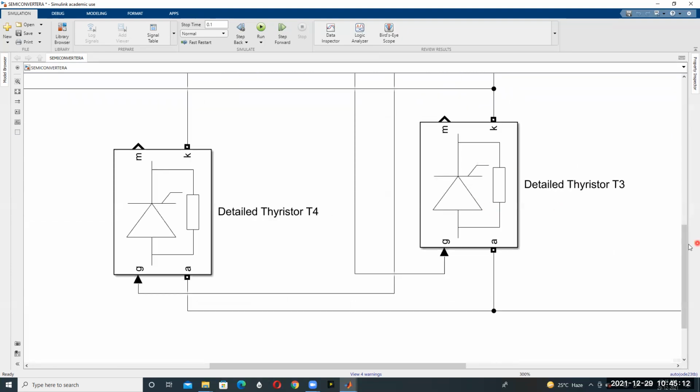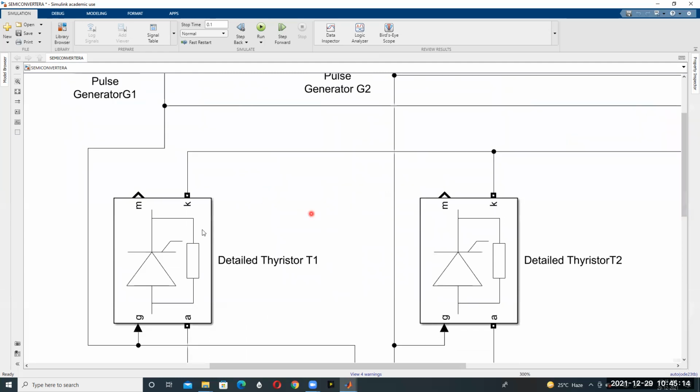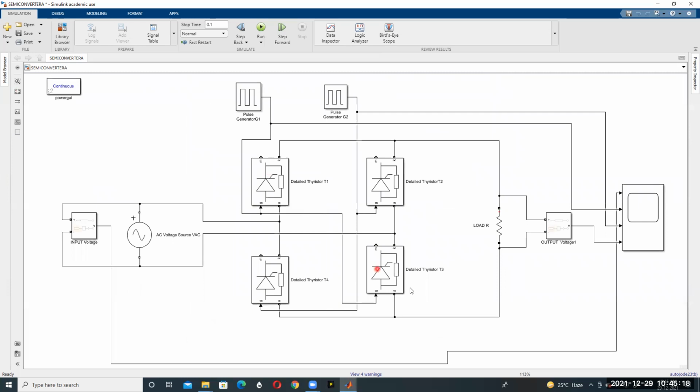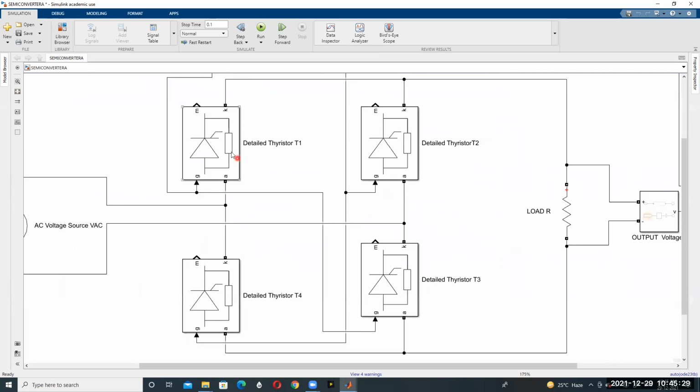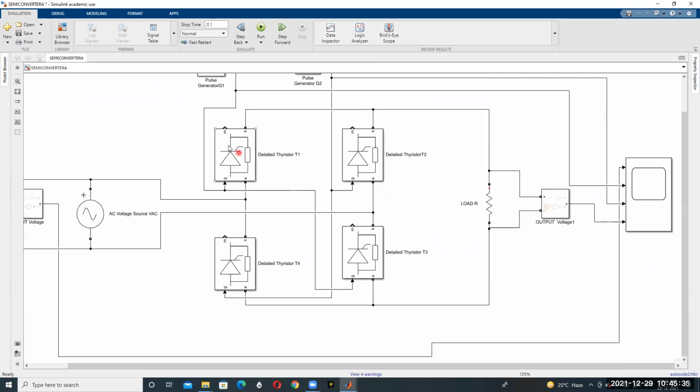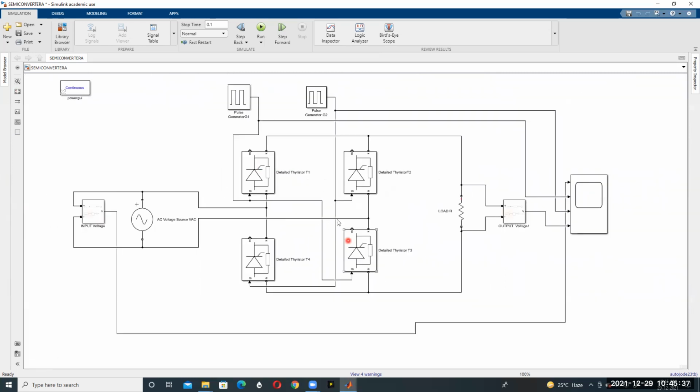Only one pulse generator is required to give the triggering pulse to thyristors T1 and T3, because they are conducting simultaneously, so we have to give the triggering pulse to these thyristors at the same time.